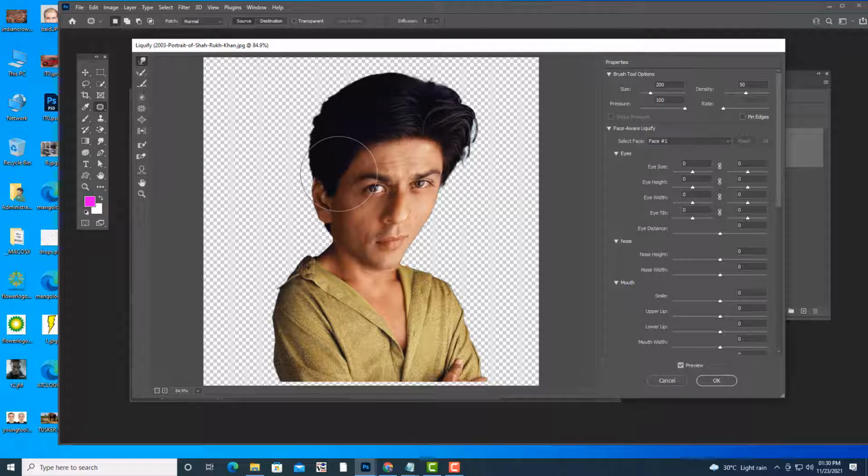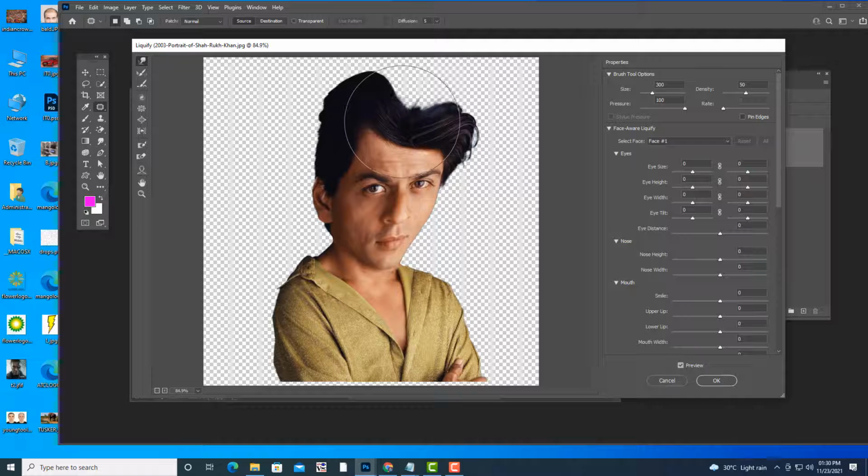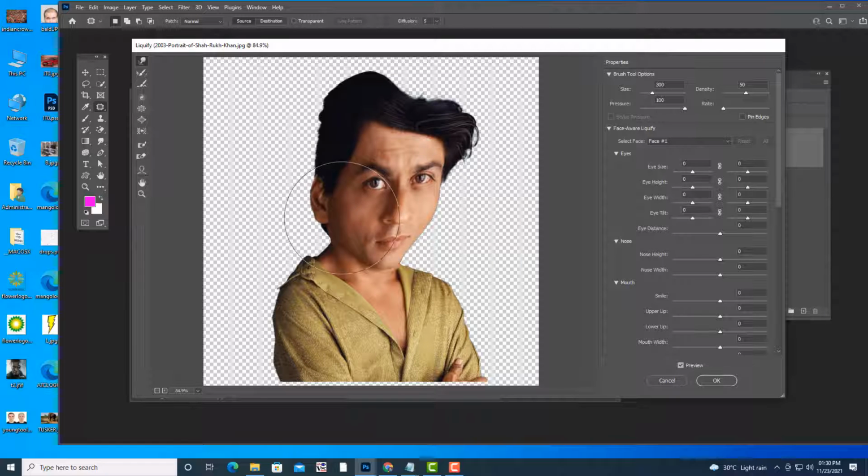So we'll have to increase the size of this. Don't stretch it too much, because we may not identify who he is. Now it is totally looking like Kaushik Kumar.